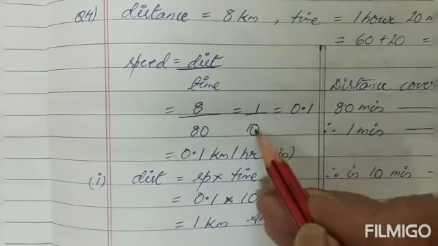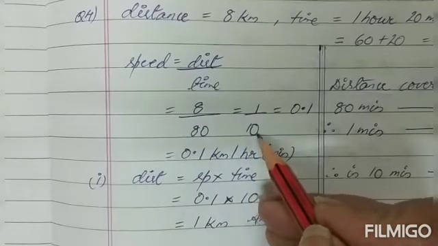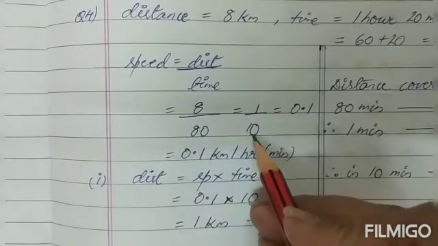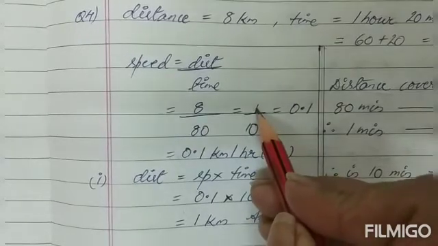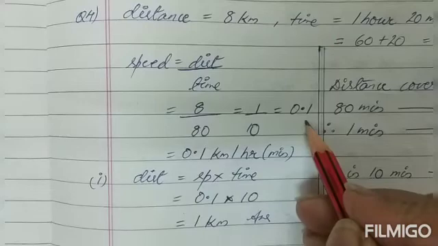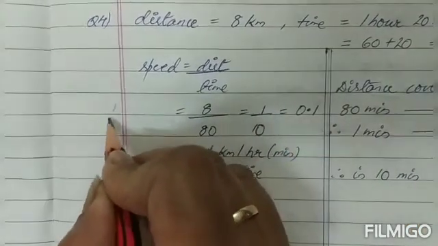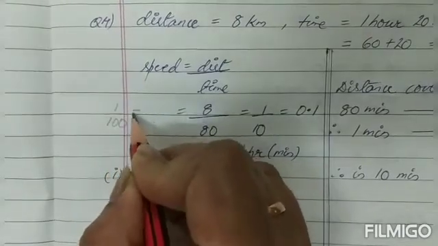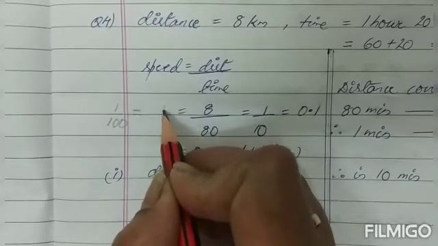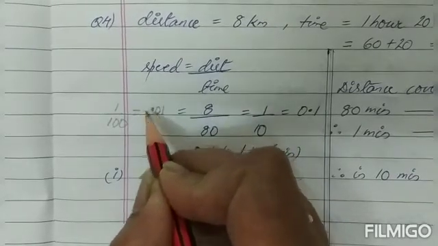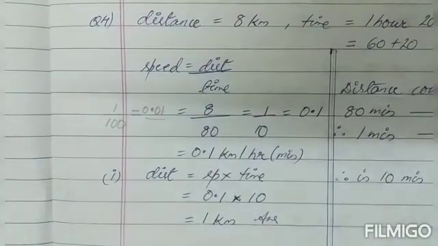Now remember, children, whenever in the denominator we have a 10 or we have a multiple of 10, then what do we do? We count the number of zeros. If it is 1 zero, then from the left hand side count 1 place and then put a decimal, as I have done it over here. Had it been 1 upon 100, children, then how many places? 2 zeros. So from the left we count 2 places, 1 and 2, and then we put a decimal. Okay, this is just for your explanation.